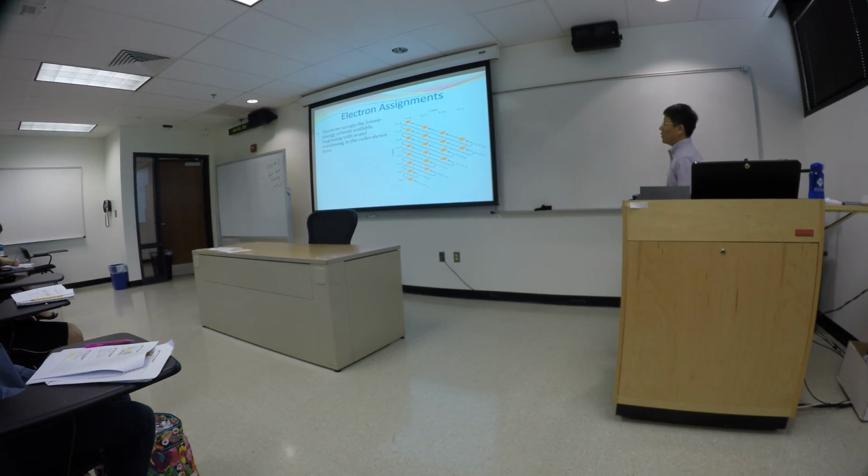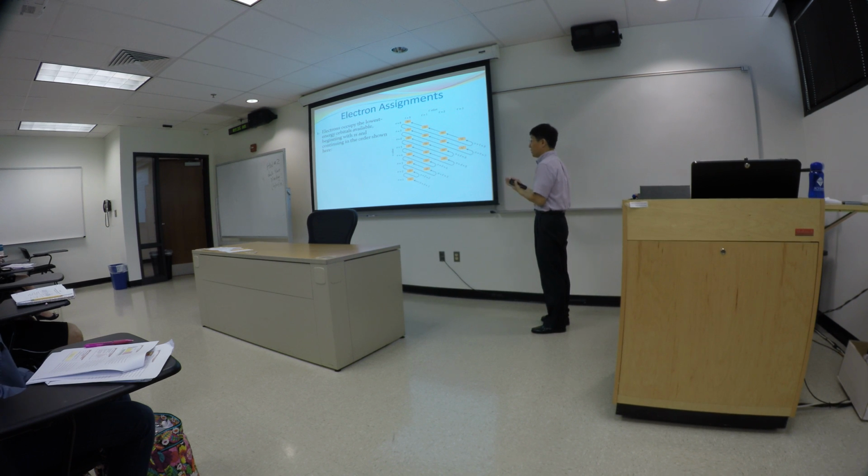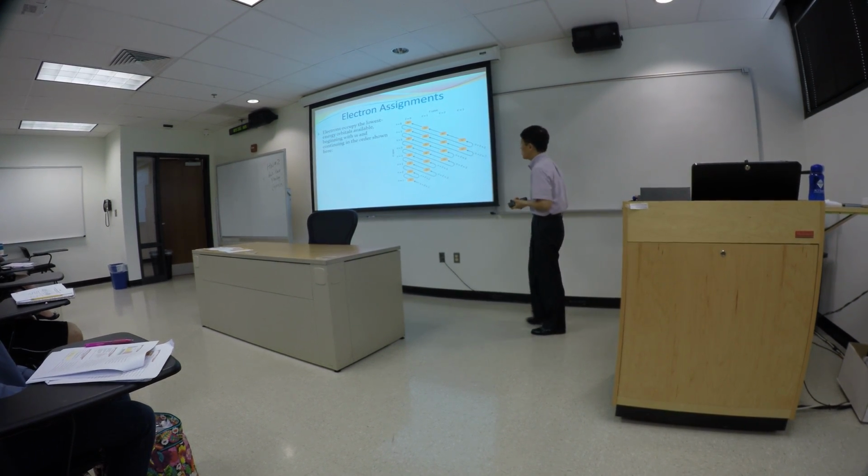So for electron assignment, when you fill the different orbitals, now that we know quantum numbers basically govern how the electrons are being distributed,